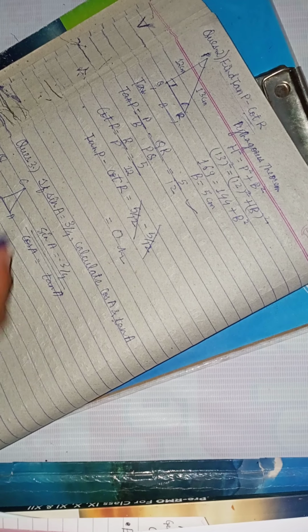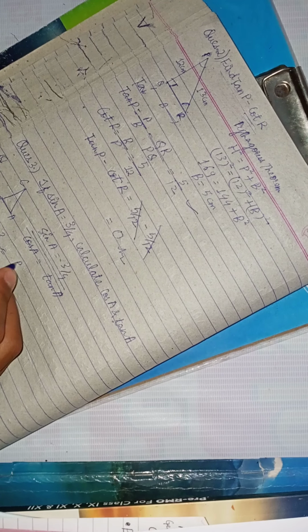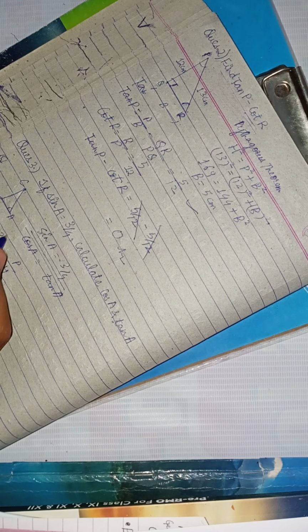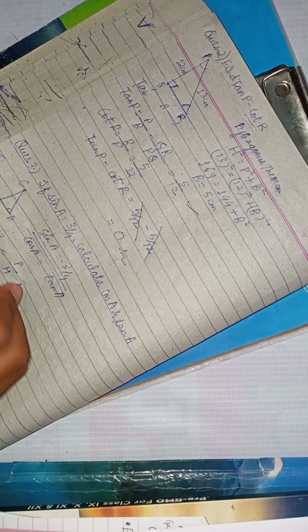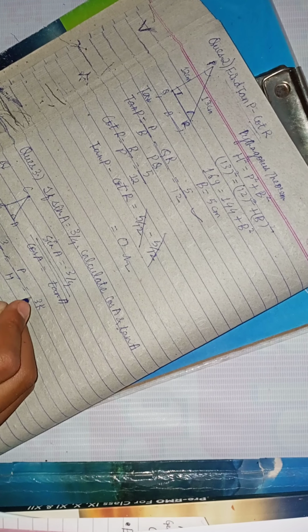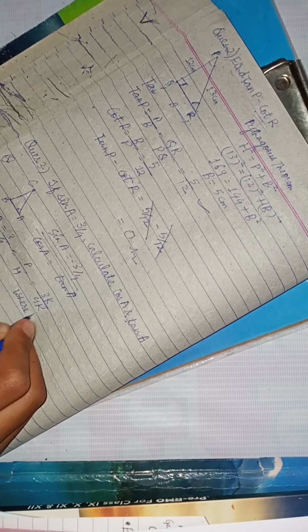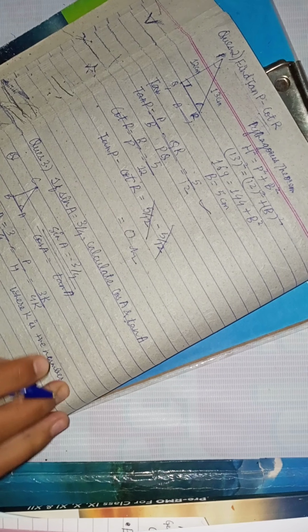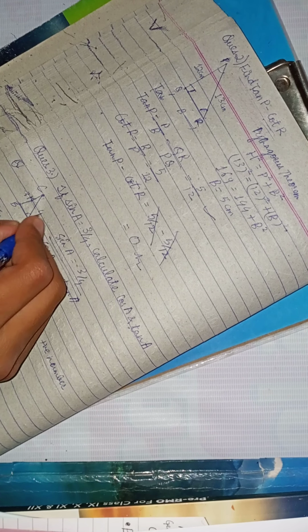So first we have to focus on it. Sin A equals 3 by 4. So sin A is equivalent to perpendicular by hypotenuse. So let's suppose this is angle A, then this will be perpendicular and this will be hypotenuse. This is the smallest fraction, so it should be in somewhat bigger form. So we can multiply by a number k, which is a positive number, to make them equivalent. So p equals 3k and hypotenuse equals 4k.